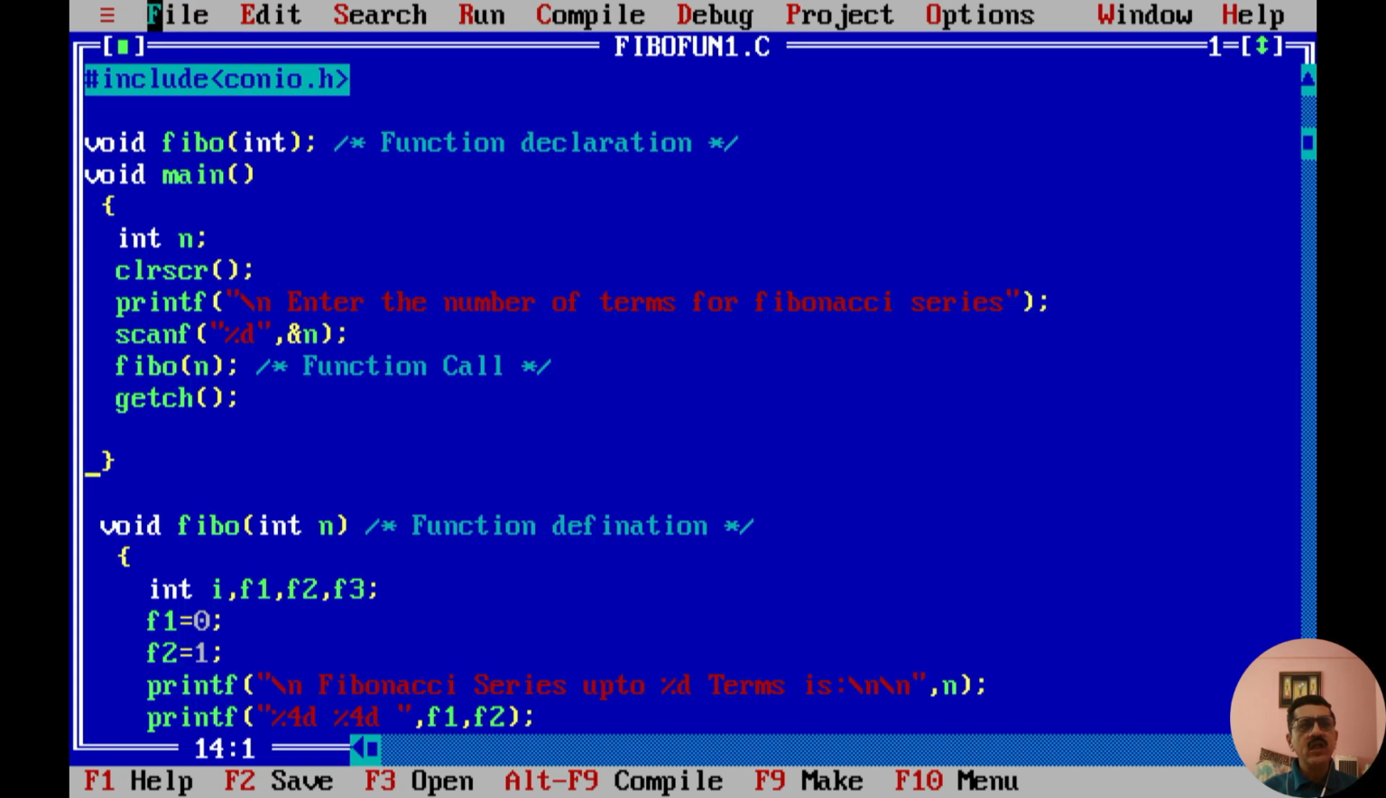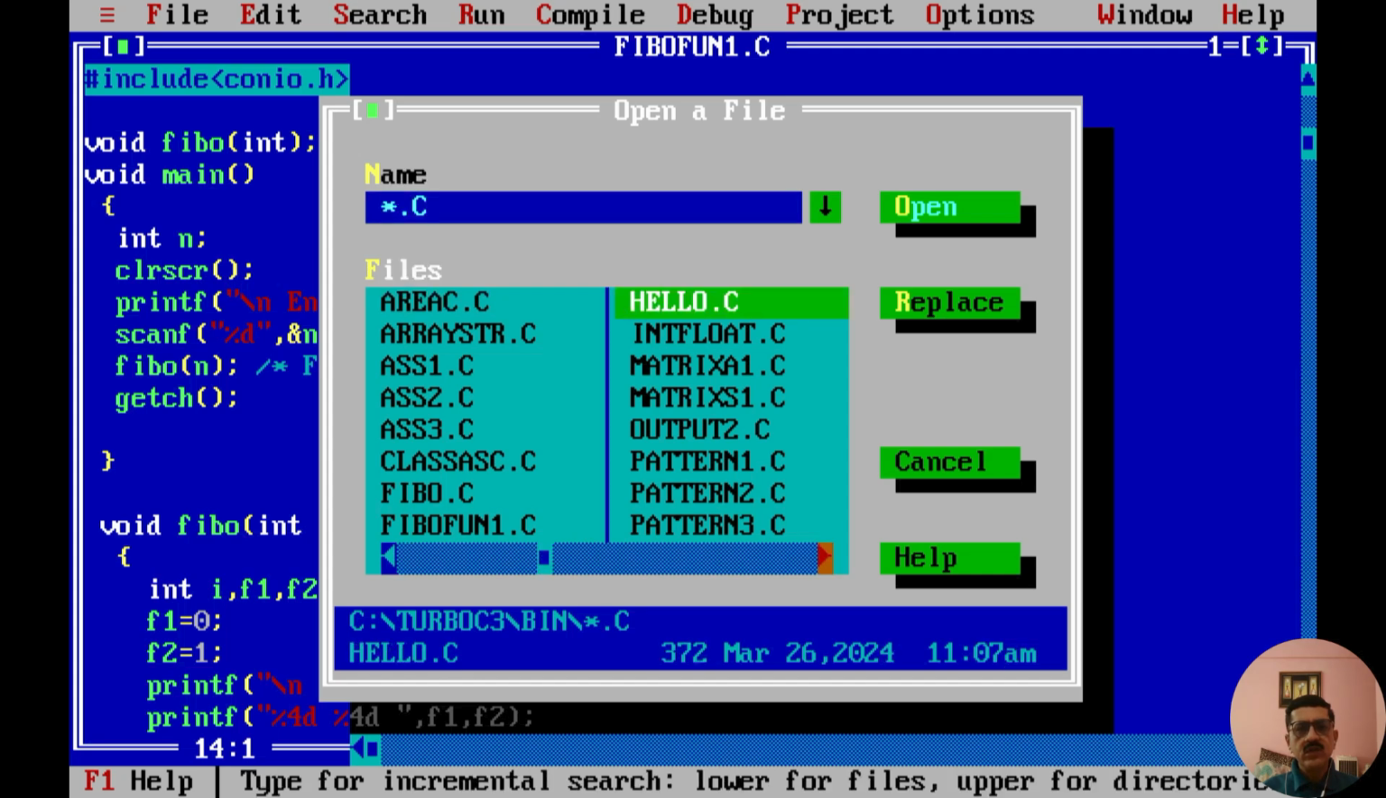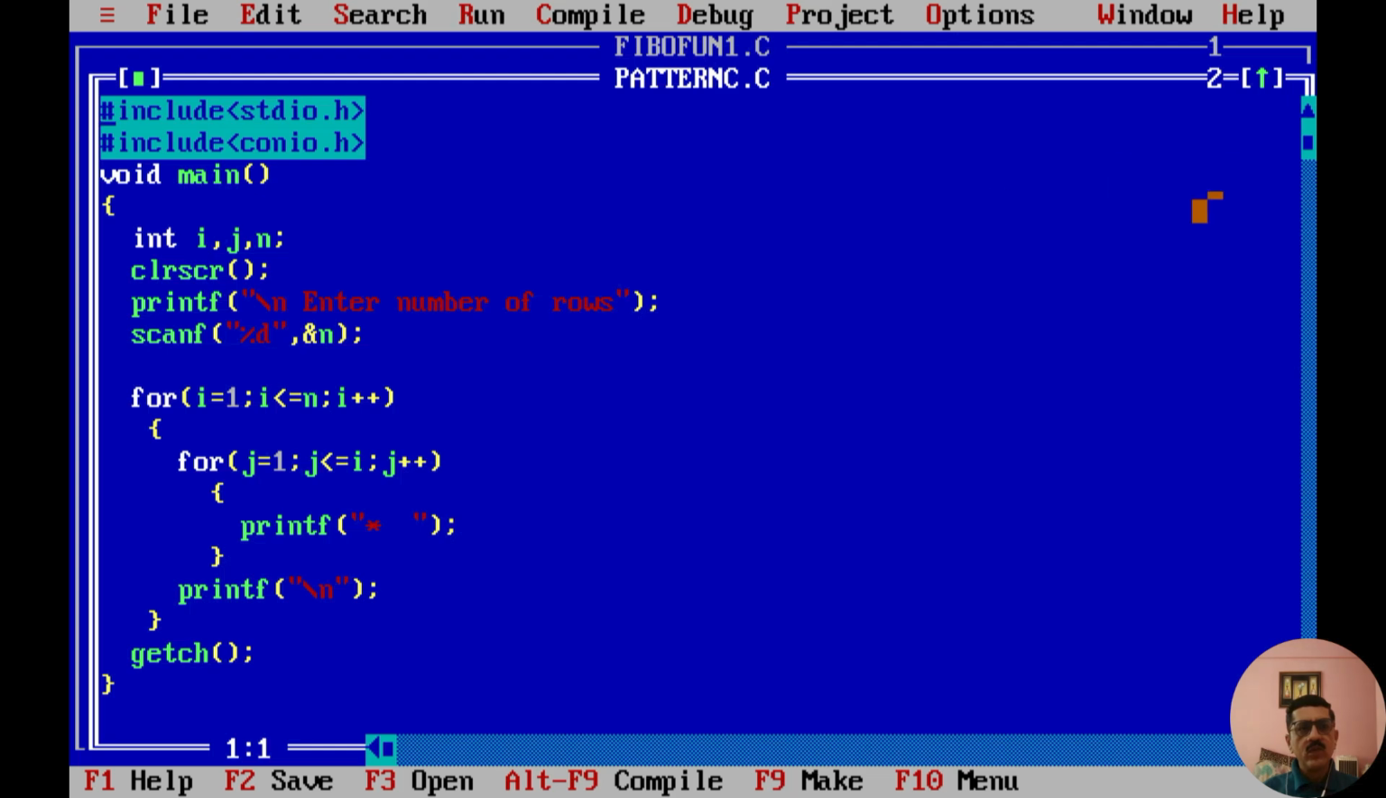You have already executed these programs in the class, but still for the sake of practicals, I am demonstrating how the input has to be given. Okay, so let us see how the things are to be done. So here I am opening a program wherein I have used